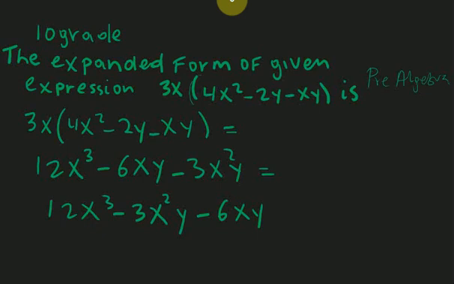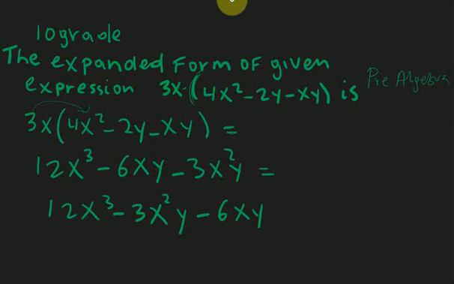3x times, you can say open parenthesis, but this is normally multiplication involved right there. So 3x times 4x squared minus 2y minus xy is equal to, if we distribute this, if we multiply there,